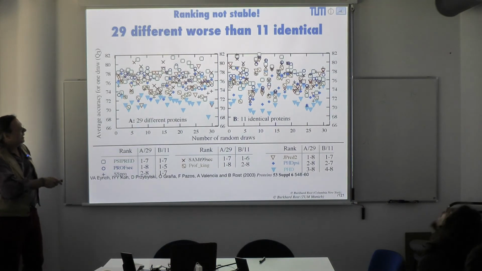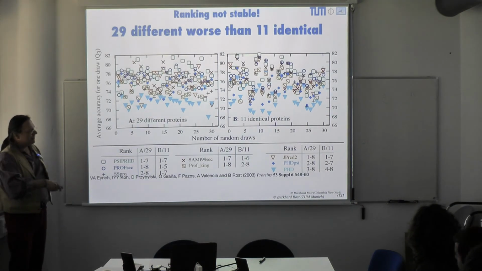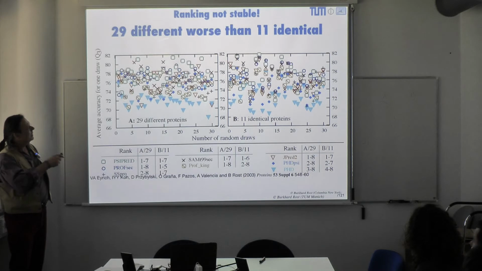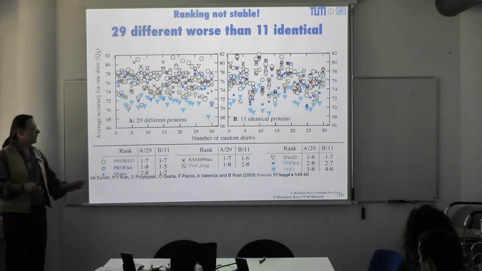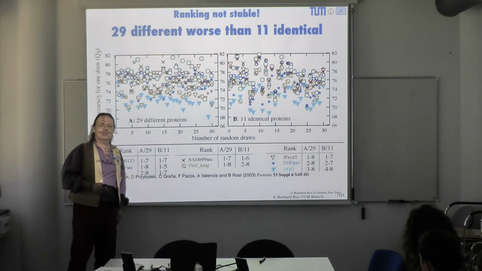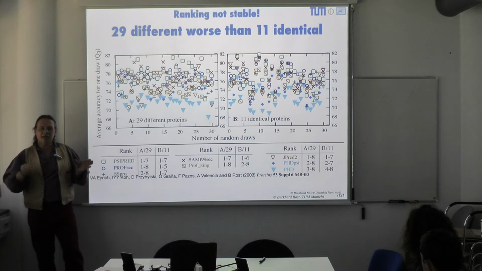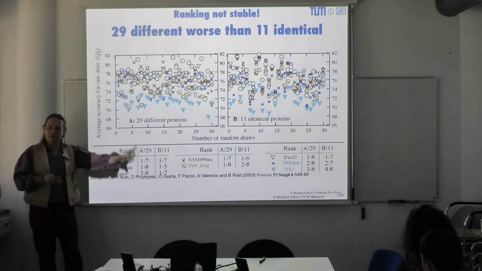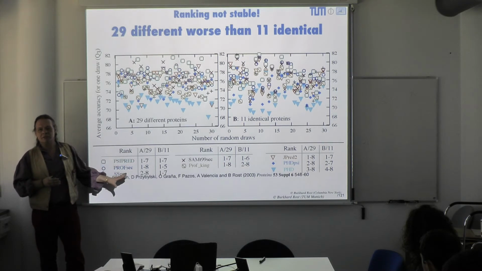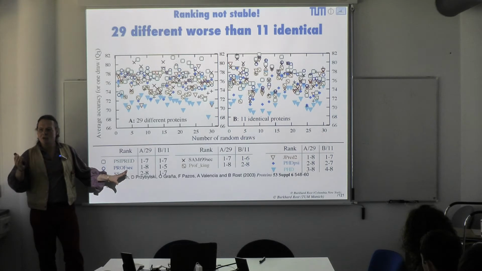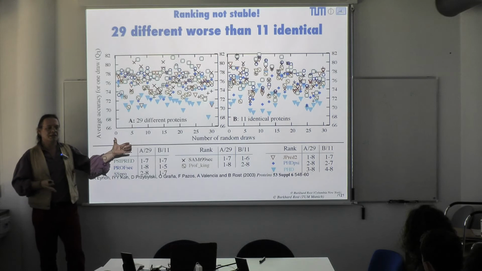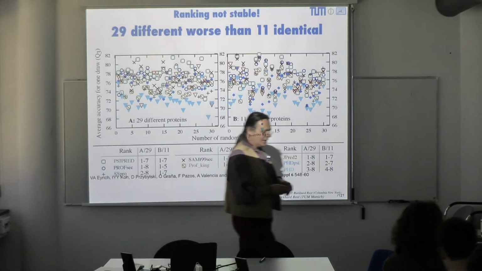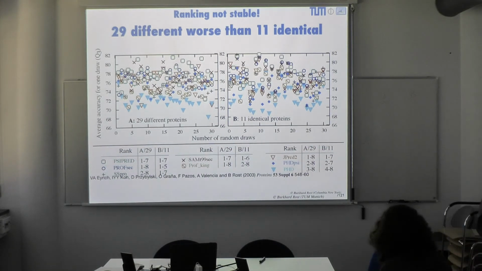So 11 identical, so they're 7 different methods, 29 different. And each dot here is 1 CASP. And then, I do just 30 different CASP or something like that. And I ask, in fact, I have the results for 1,000 proteins for these 7 methods, so I know, in fact, what is the true ranking. And I'm asking how much does the ranking that I get in one of these 30 CASPs differ from the